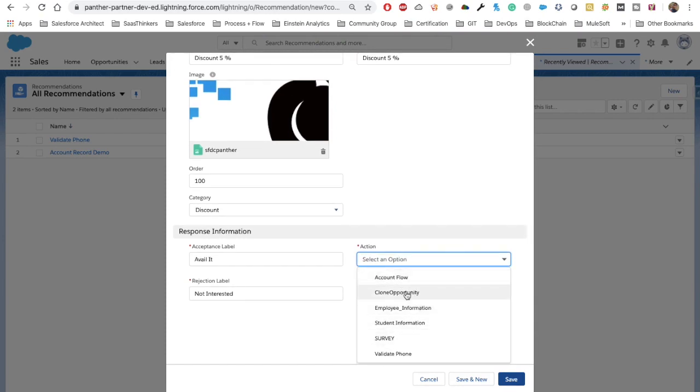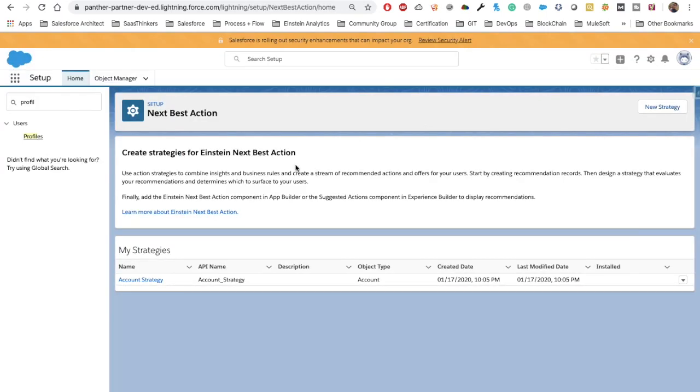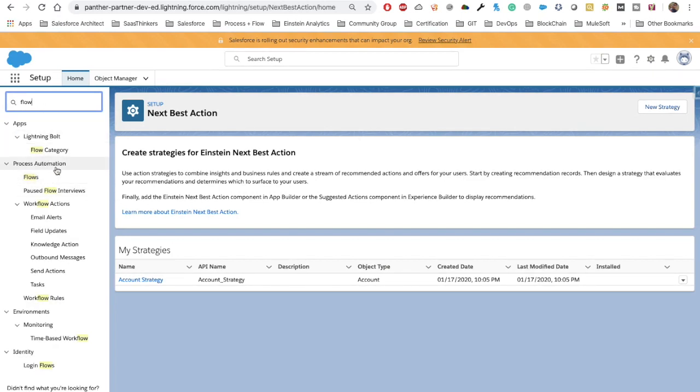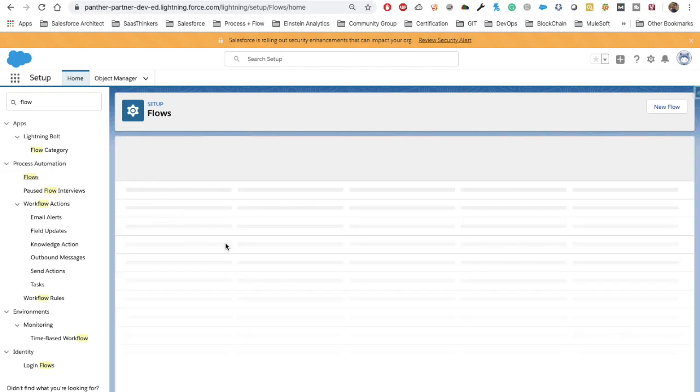There is account flow, I do have a clone opportunity, I do have employee information, student information, I have a flow called survey, and then I do have validate phone. And I'm not sure how many of them are active and inactive, but before going ahead, let's quickly create a flow here. Let's quickly go to flow, and we have got flows under the process automation category. We will go there,